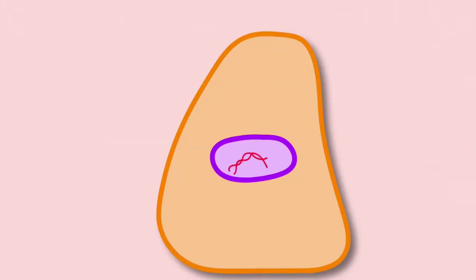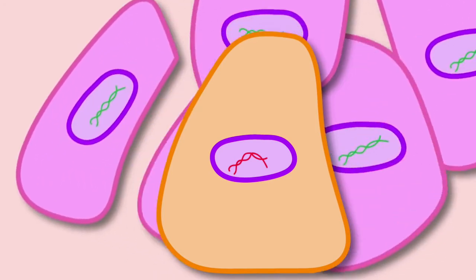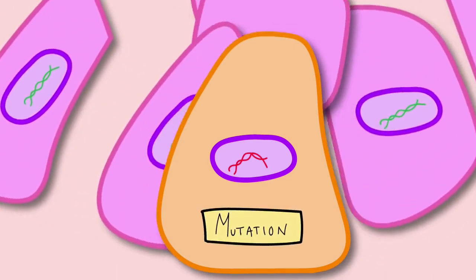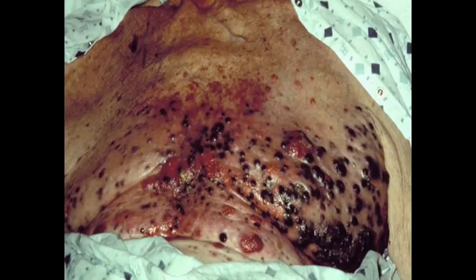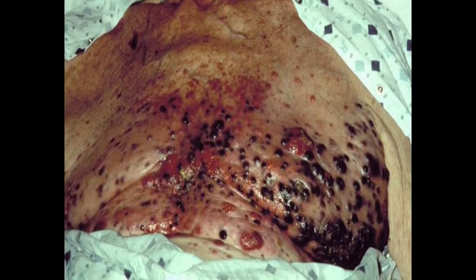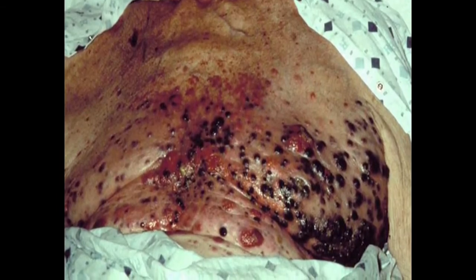Now, your body actually has enzymes that repair a lot of the DNA damage caused by UV rays, but it can't always repair all of it. If the damage isn't fixed in one of your stem cells, you might have a real problem. When those cells replicate, they might create a mutation at the site of the damage. And depending on where the mutation occurs, this could lead the cells to become cancerous sometime down the road. Remember, even if you don't tend to burn, UV radiation can damage your DNA.